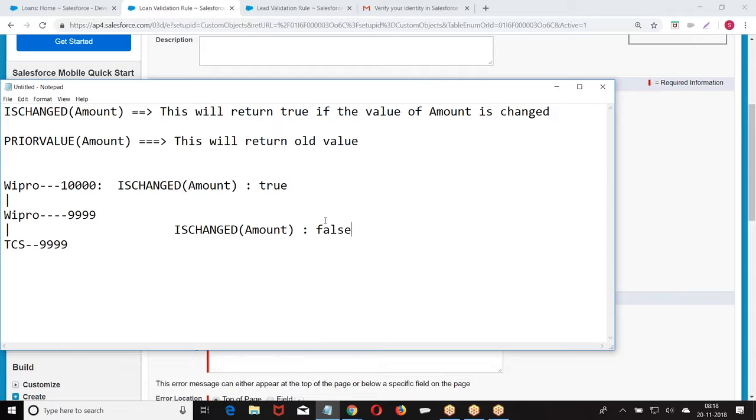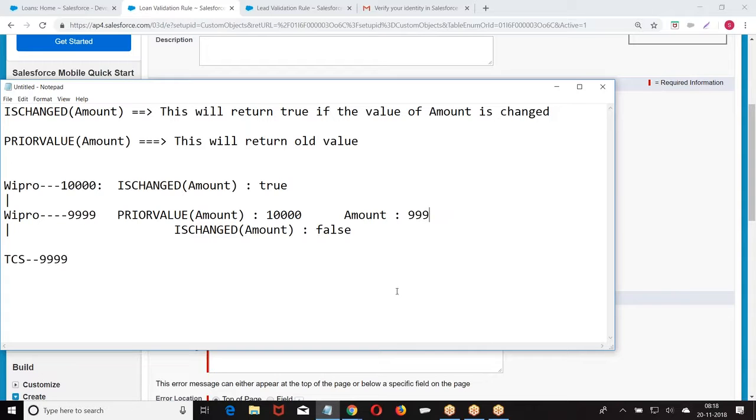Now, if I give priorValue of amount, we are going to get the old value. If we say amount, we are going to get the current value. Amount will give you the current value, priorValue will give you the old one before modifying the amount.